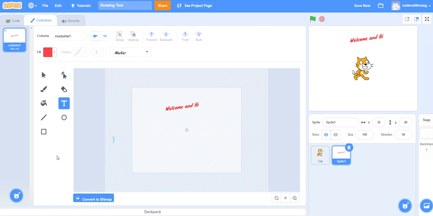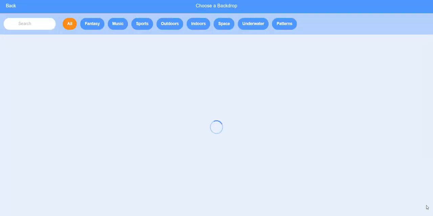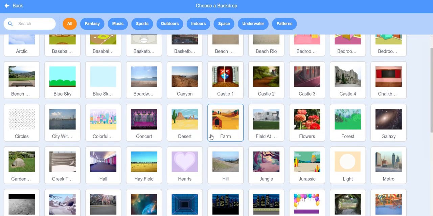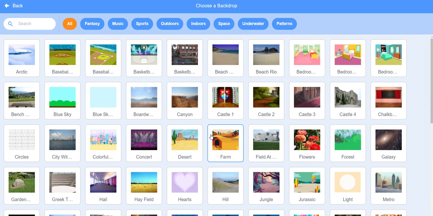Okay, now let's talk about backdrops. So when you go into the tool to make backdrops, it looks the exact same as the tool you'd use to make sprites. So just like I did with the sprite library, you can actually find a default backdrop library. And you could access that by going to the bottom right and hitting choose a backdrop. So like it did with the sprites, it pulls up a ton of backdrops that you can select